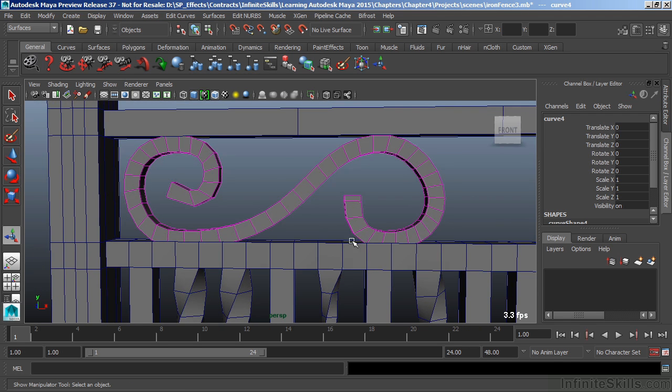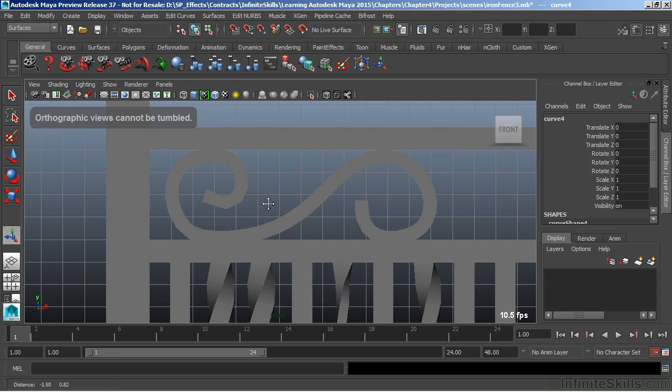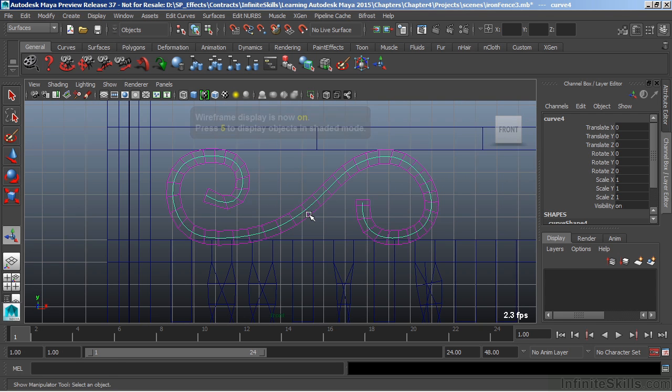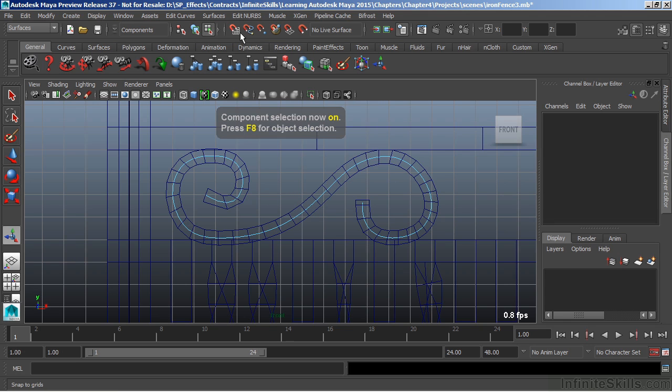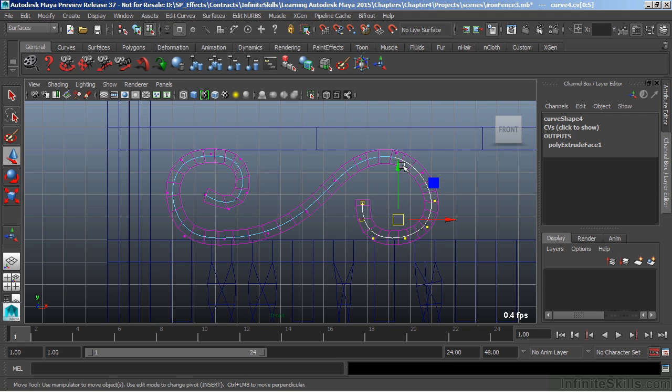Now, a couple of other things I see here is that our decor is actually penetrating through our geometry. So we're going to alter that curve. We'll switch back to our front view, and we'll go to a wireframe, and I will hit F8 to go into component selection. And we'll expand our components here, and I'm going to grab control vertices. And then we can make adjustments, we'll hit W, to that curve, and it will also, through the history, adjust